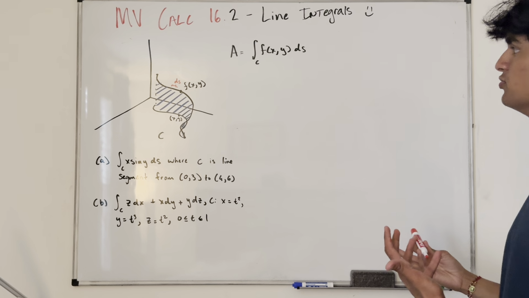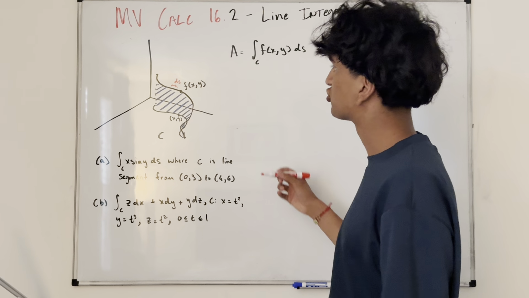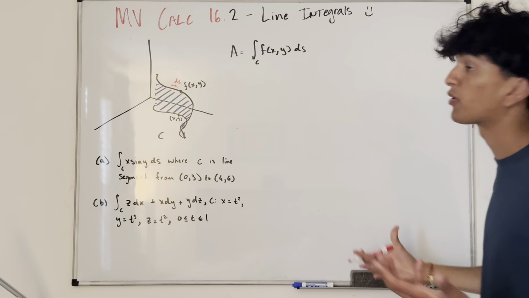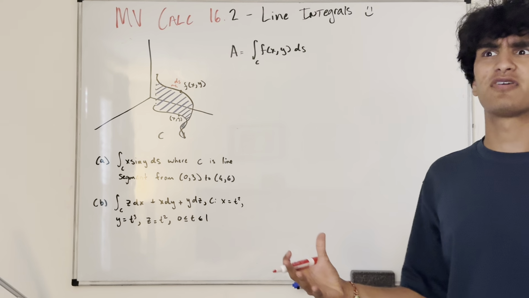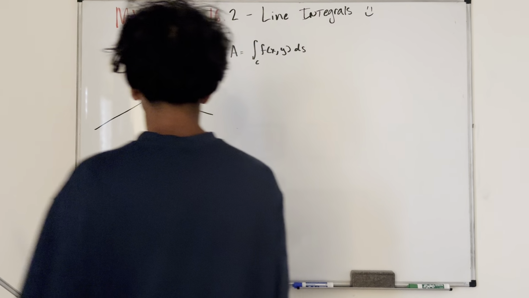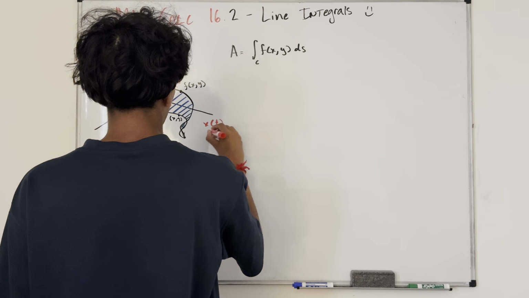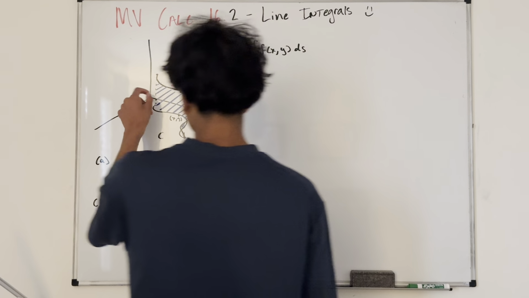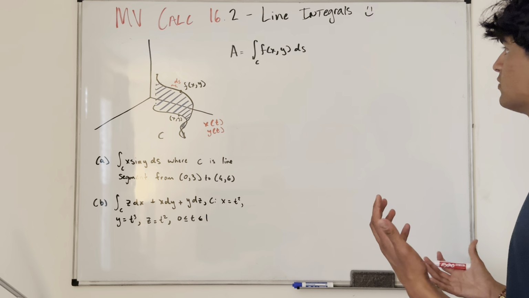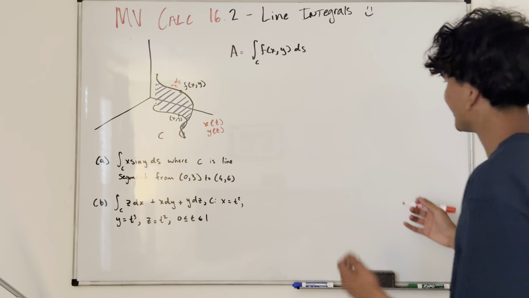So how do you solve a line integral? Well, you have to treat this curve right here and parameterize it. You can say that there's going to be x of t and y of t, and that defines the curve along the xy plane. And then what you realize is, okay, well, what is ds? Well, remember, if you think about just basic intuition,